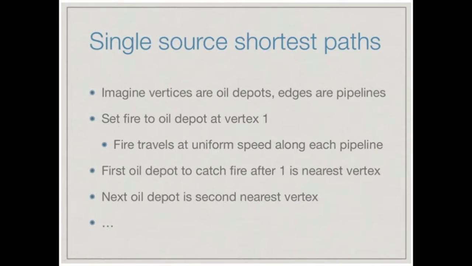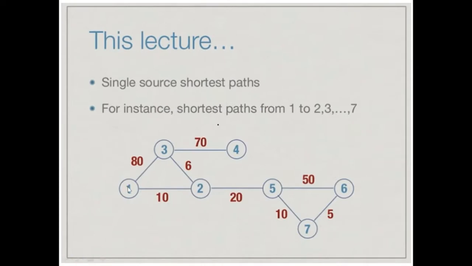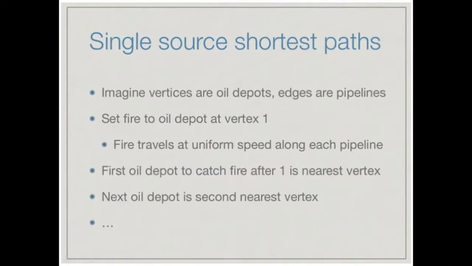So there is one analogy that we can relate to solve this problem efficiently. That is the analogy of oil depots and pipelines: the vertices are the oil depots and all the edges are the pipelines. As in the last example, we can say that vertex 1 is an oil depot, vertex 3 is an oil depot, vertex 2 is an oil depot, and two of these oil depots are connected by a pipeline, which is this particular edge, which has a cost or weight of 80. I think you have understood what I am trying to say.